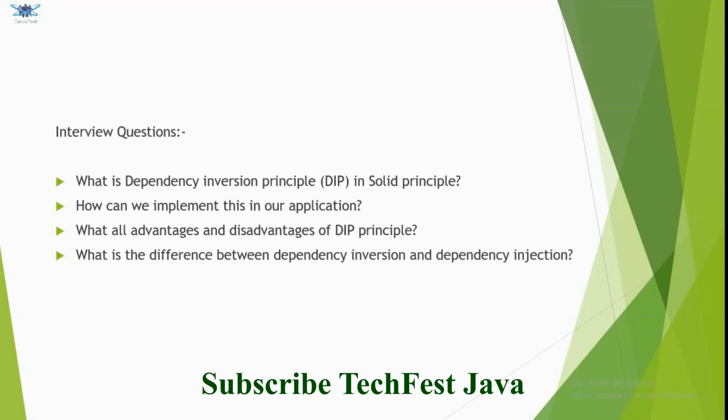Basically, the difference is that in dependency inversion we are talking about lower level objects and higher level modules, and both depend upon the abstractions. In dependency injection, we are forcibly injecting some object into a class, or a referencing object into a class. It can be better understood with the examples, so we can discuss it again when we do the coding, or when we implement the design pattern. So let's just start.